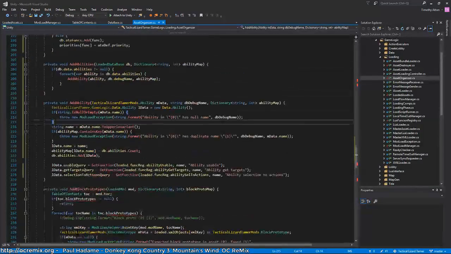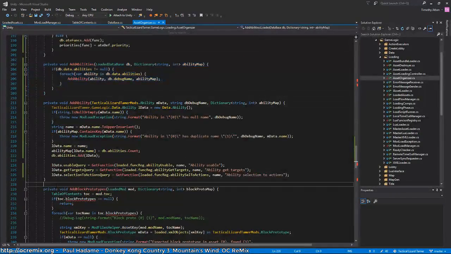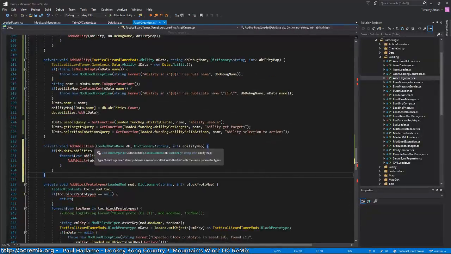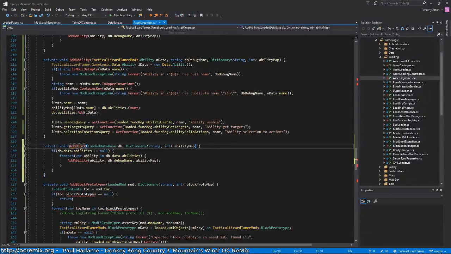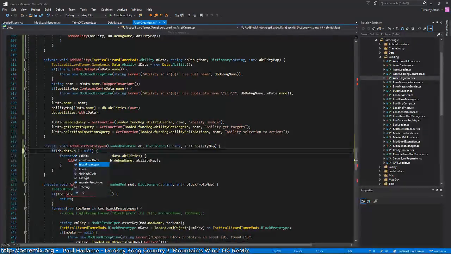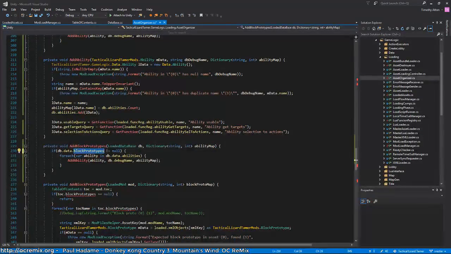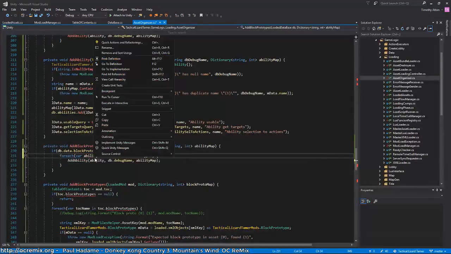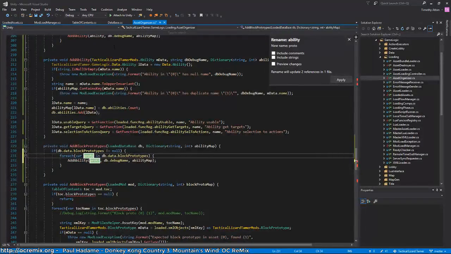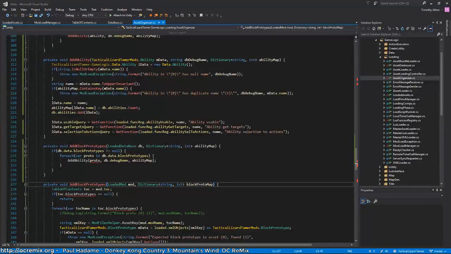Okay, so I need to do the same thing for the block prototypes. Okay, and here we have this block prototype map, which is string to integer. Well, that's the same as ability map actually, but